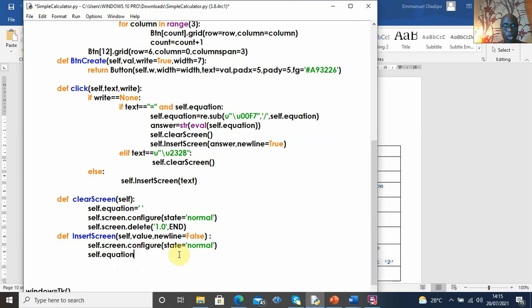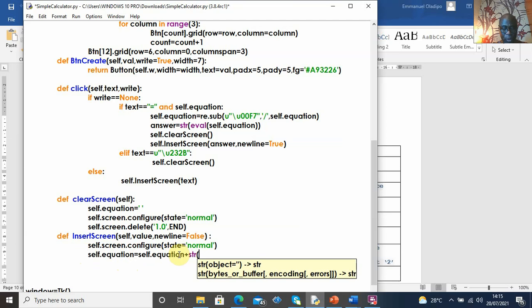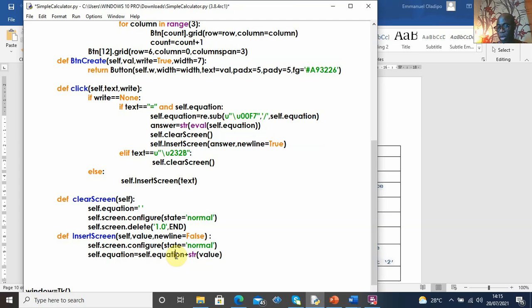You can type self.equation equals self.equation plus str value. You know, this is another way of evaluating this. Okay, but to keep it short, because the shorter your program is, the better. So to keep it short, let's just use that. They are the same. Okay, so having done that,